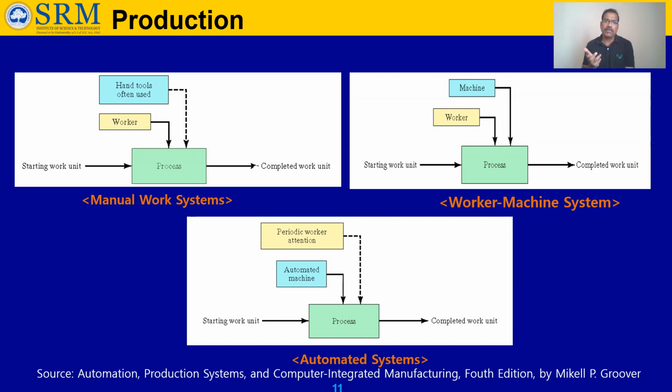Once the component is done, a door opens, the pick and place robot goes inside the machine, takes the component and places it in the pallet. It goes to the next operation. Then the pick and place robot takes raw material from the pallet and locates it in the particular CNC machine chuck. Then the door closes, and the cycle of operation is conducted again. This is automated machining. The role of the worker is to continuously monitor whether the operation is going on. Maybe he will be controlling five CNC machines at a time.